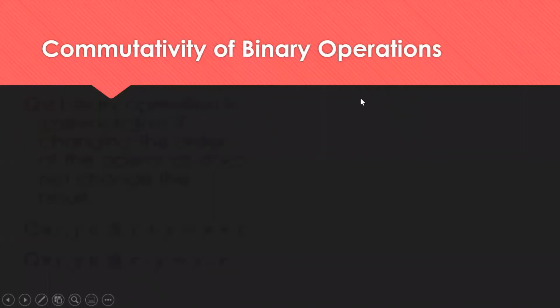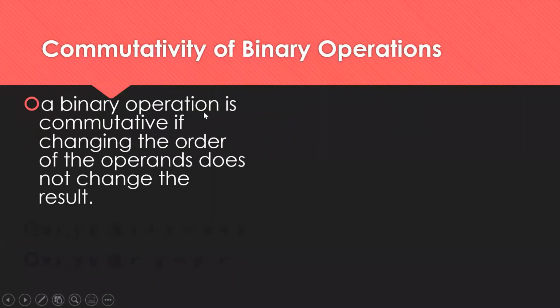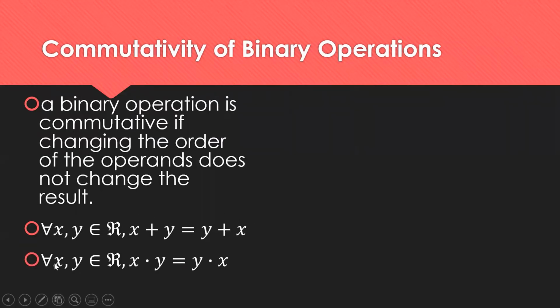Next is the commutativity of binary operations. A binary operation is commutative if changing the order of the operands does not change the result. So for addition, for every real number x and y, x plus y is equal to y plus x. So for multiplication, for every real number x and y, x times y is equal to